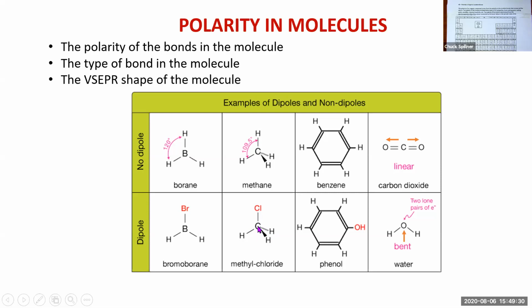And so the dipole in this molecule goes from the carbon side or the hydrogen side, which is like the nonpolar side, towards the chlorine. Go over to our benzene ring where we've removed a hydrogen and substituted an OH. OH is a very polar bond. If you remember, OH is the most polar bond we find in